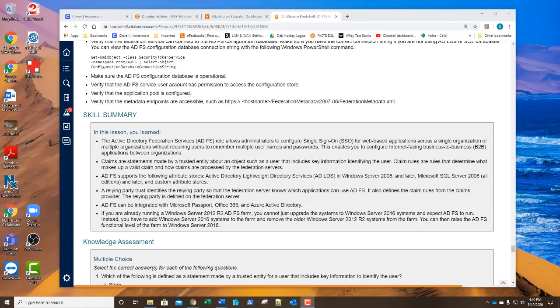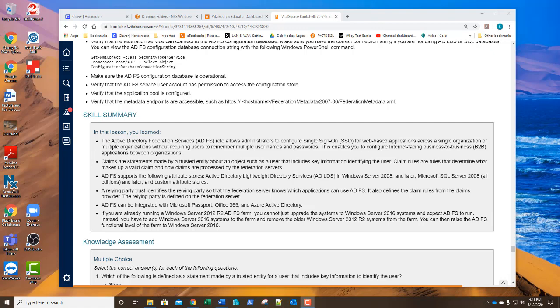This enables you to configure what we call B2B, Internet facing business to business. Understand what claims are, that the ADFS can support a number of different attribute stores, what a relying party trust identifies, how ADFS can be integrated in multiple platforms,